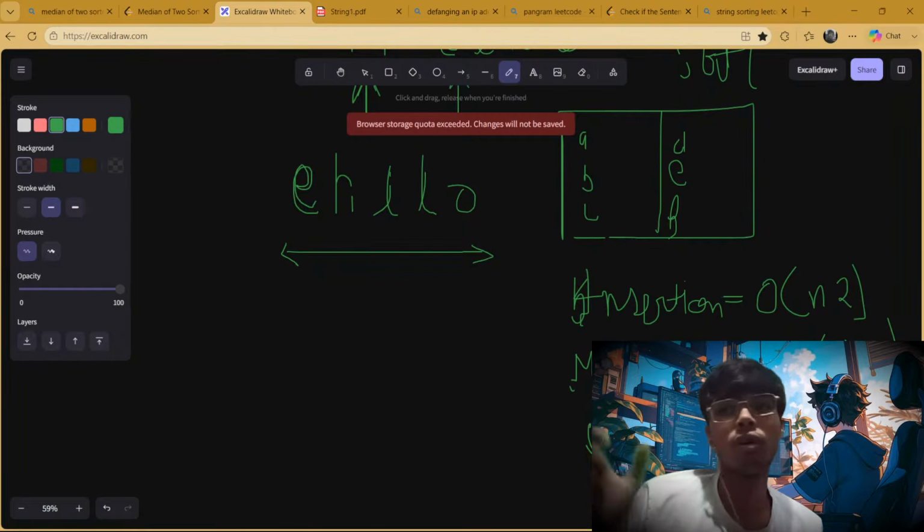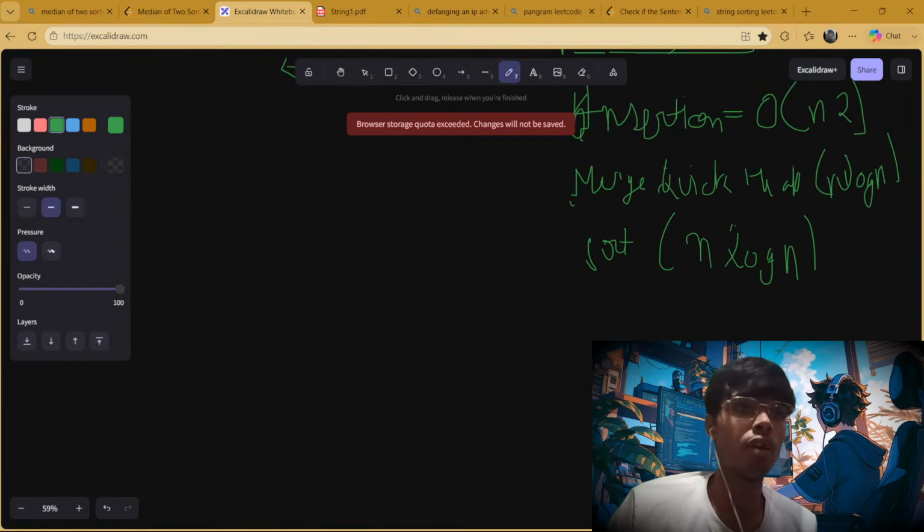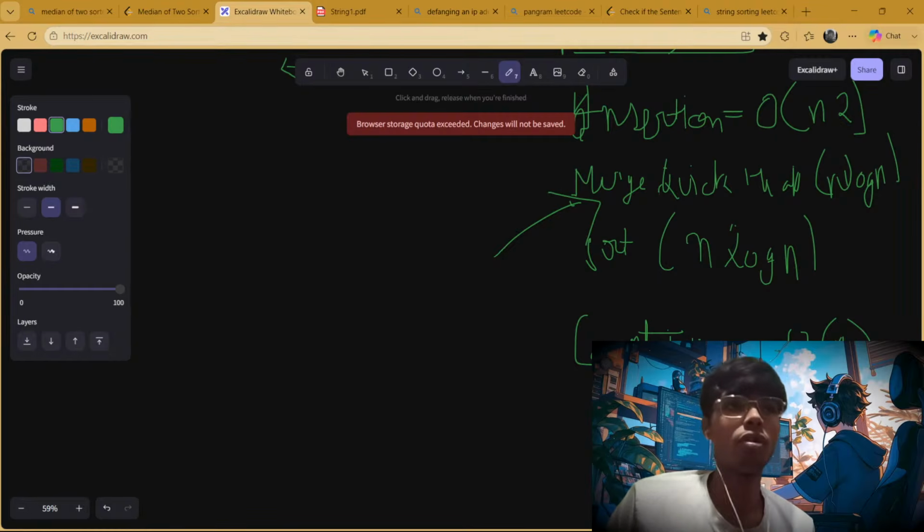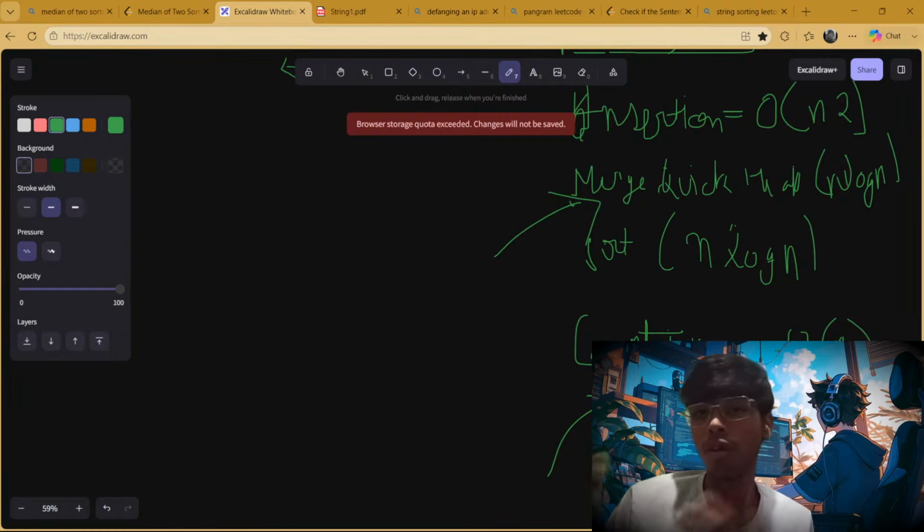But there is one more sorting which we call counting sort, and this will take only big O of n time complexity. But we prefer to use merge sort. Why? Because this counting sort will only be applied on small